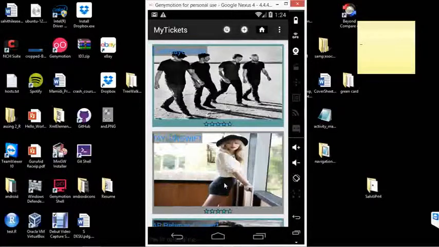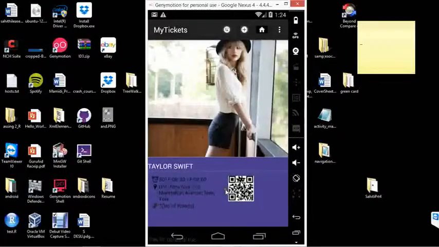I have implemented an unfoldable animation. It is something like a paper which is folded and kept in your wallet. It resembles something like that. Previously he had registered for 5 tickets, and now he registered for 2 more tickets, so it has become 7 tickets. You would get the address, time, number of tickets, as well as the barcode, which will help the user get entry to the event.